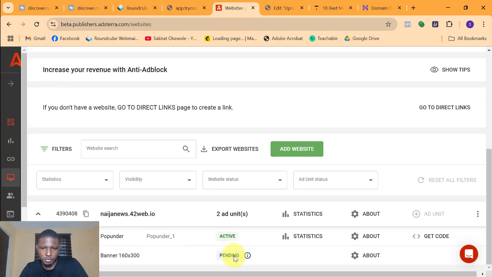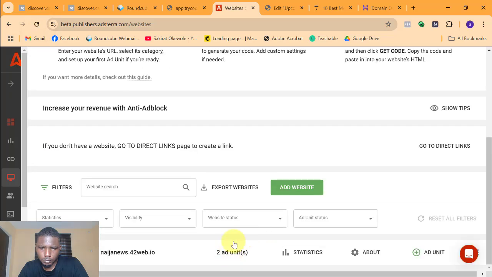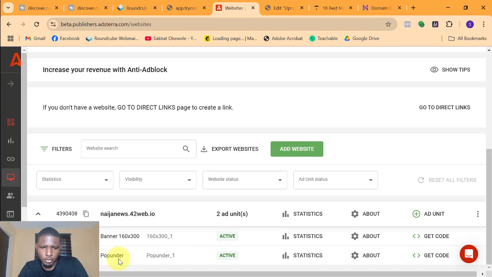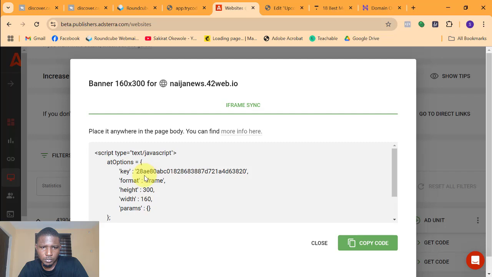And then this one is pending. So let's refresh this page. So this one is active now. This is banner. So you can click on get code. Copy this code, come to your website,